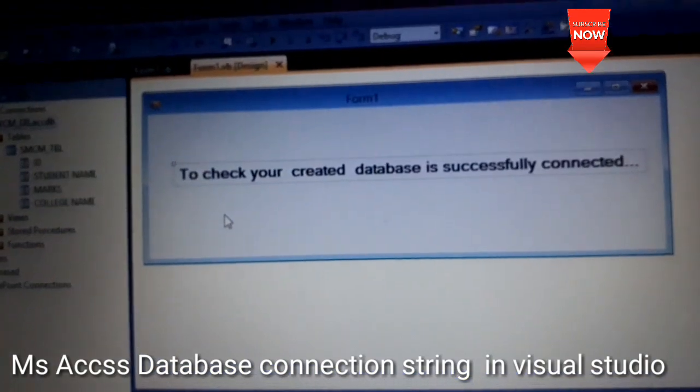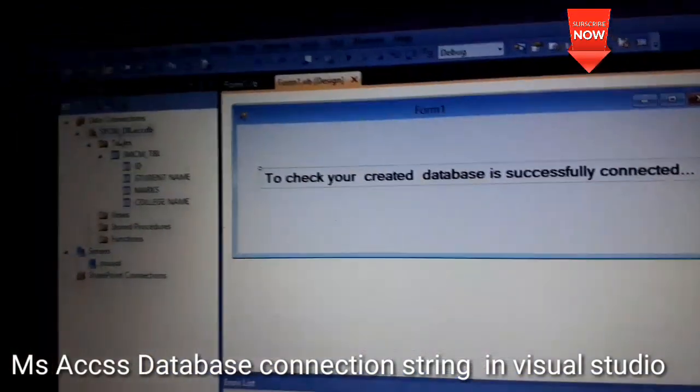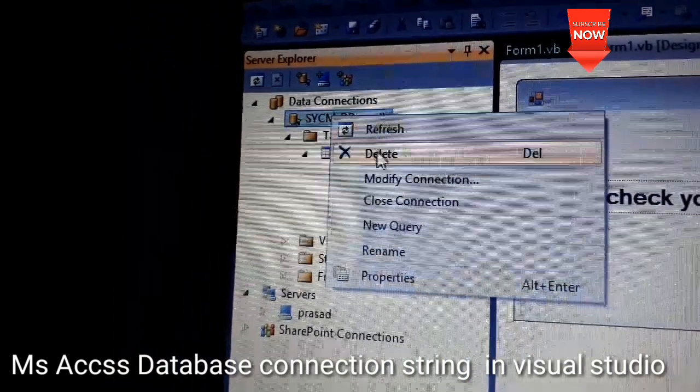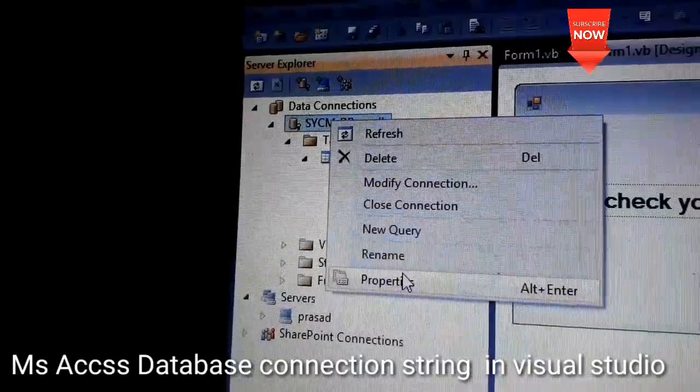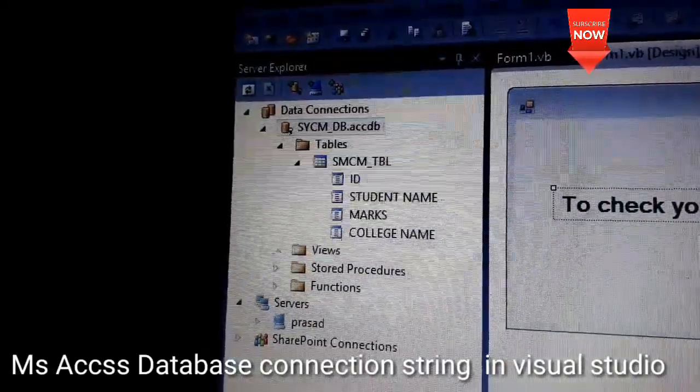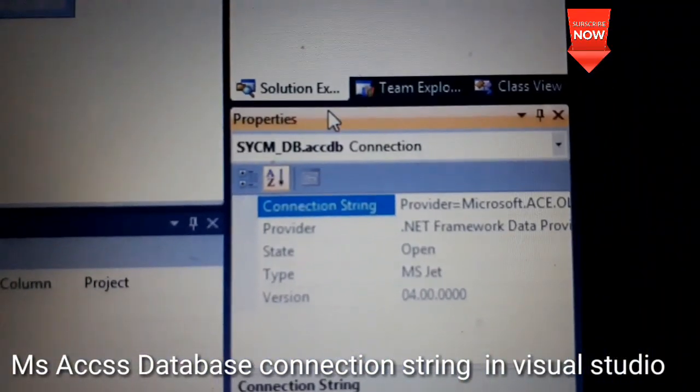To copy the database string, you have to click on your created database. Right click on your database, go to Properties, then come here to the Properties window of Solution Explorer.